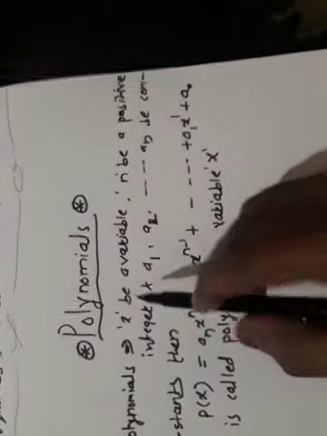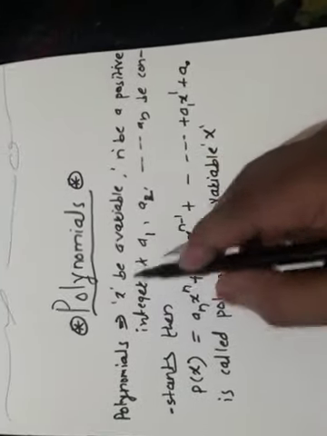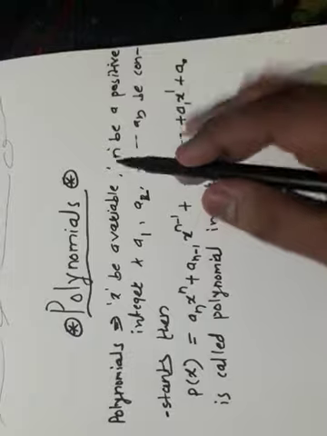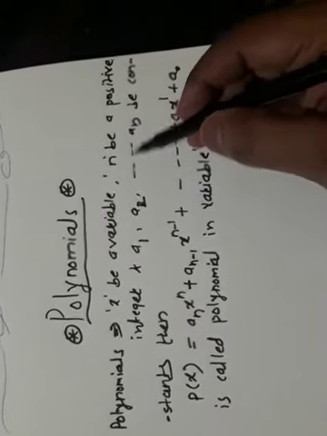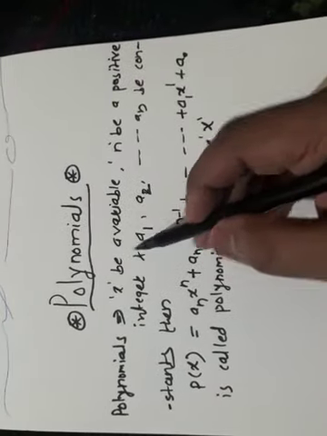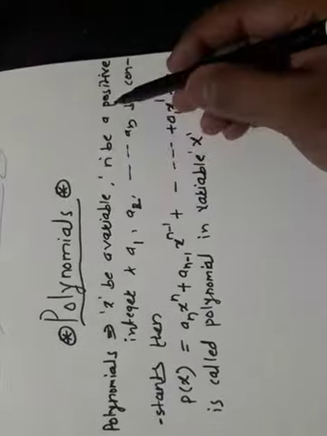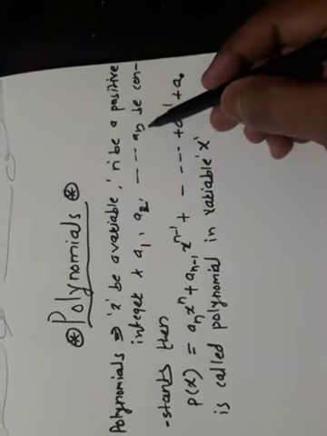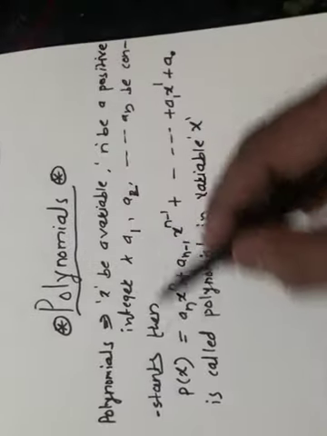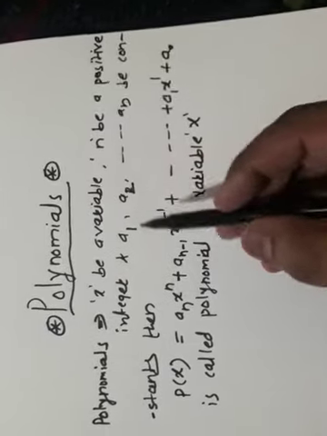Try to understand. I am going to explain once again. Suppose x be a variable. Any variable you can take. I have taken here x, you can take y, z, a, b, c, d, no problem at all. In case of the integers also, you can take any name. For understanding purpose, I have written this one. x be a variable, n be a positive integer, and a1, a2, ..., an be constants. Constants means they are not going to change. They will remain the same.